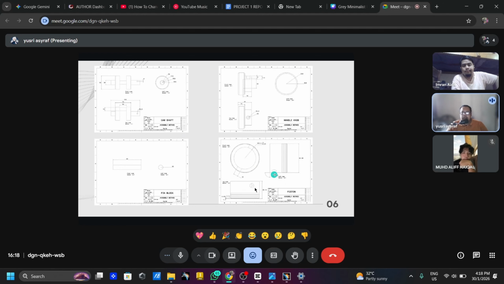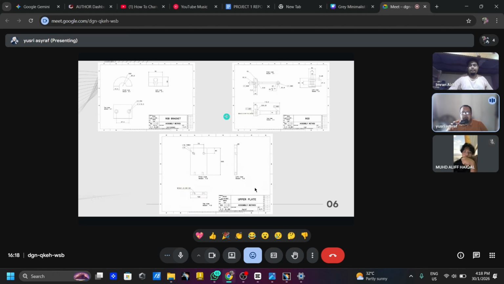And then we have the piston, the main component, which will be focused most on its datum and other constraints. And lastly, we have the remaining parts, which are rod bracket, rod, and top plate. This will be the connecting part between the piston and the camshaft.